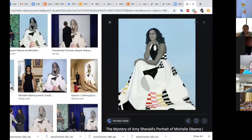She's just wearing this beautifully patterned dress and it's so striking because it's so different from the portrait by Kehinde Wiley. Kehinde Wiley's portrait is so focused, not busy, but there's so much going on in the background. And with Amy Sherald's portrait, it's so simple. The background is just this striking blue, and the portrait itself I think is really beautiful. What's really the coolest thing is just how modern both of these portraits look in comparison to a traditional